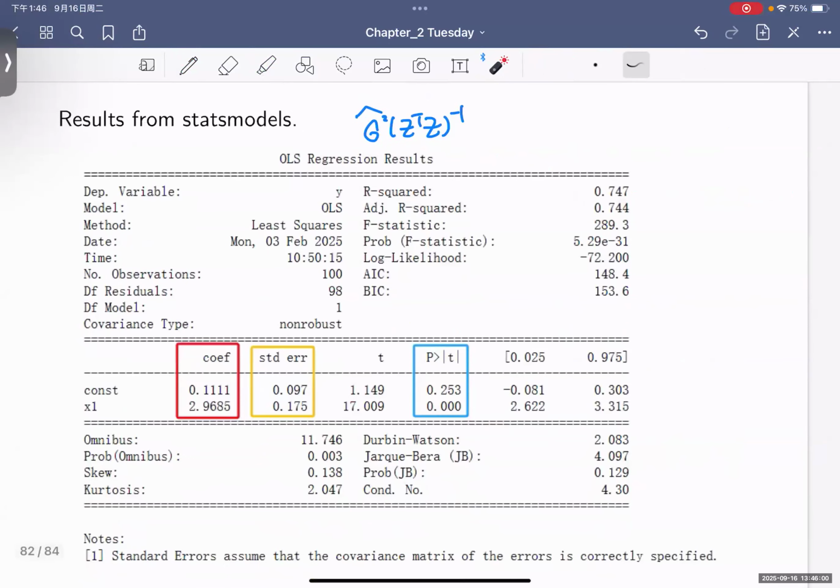So in a common package, it will give you the coefficient part, which corresponds to our beta hat. It also gives us the standard error, which corresponds to the diagonal element of the sigma hat Z transpose Z inverse. But more often it gives you a p-value. So how do we understand this p-value? Here I do not want to distinguish the p-value from the t distribution, but once you have enough data, they are very close. Okay, so we just mention it. So what is this p-value? Okay. Now